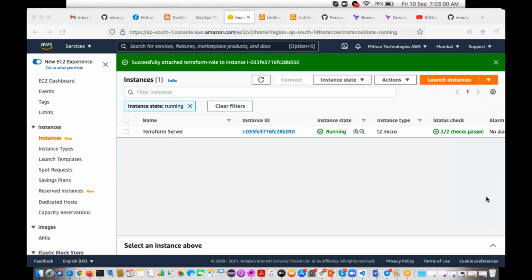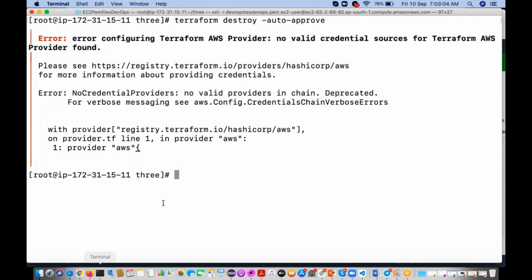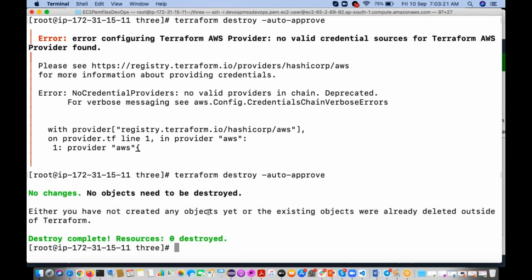Right. So now it is going to work. This is the best option, the best practice we are going to use: create a role and attach that role to your EC2 instance. See, now it is executing without any errors.